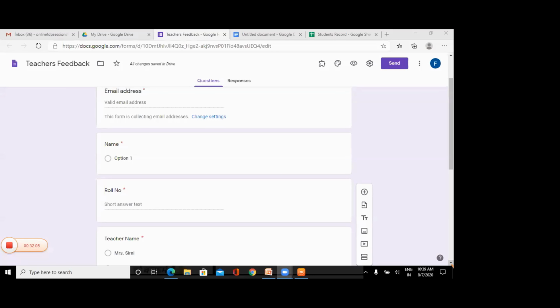Folder student record teacher feedback. See, the folder I have created will hold all the details or all the files which will be created by the Autocrat. Suppose I have 50 students, so this folder is going to hold those 50 files. Got it? The folder I have created will hold all the files of students. Suppose here I have created 4 students. So this folder is going to hold 4 individual files with the name of the student. Got it? Am I clear, sir? Am I clear, ma'am? Sorry. Yes. Okay. Thank you.